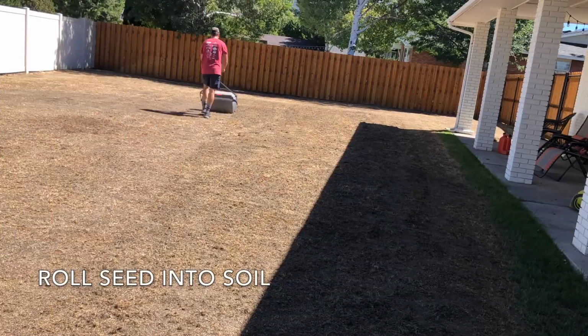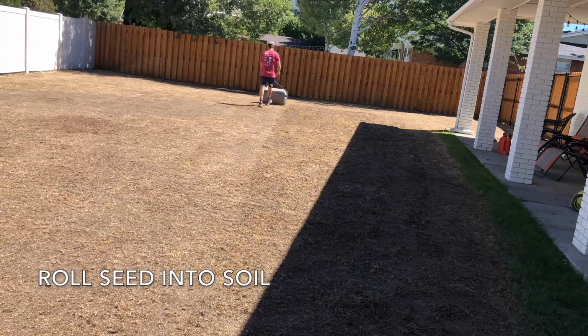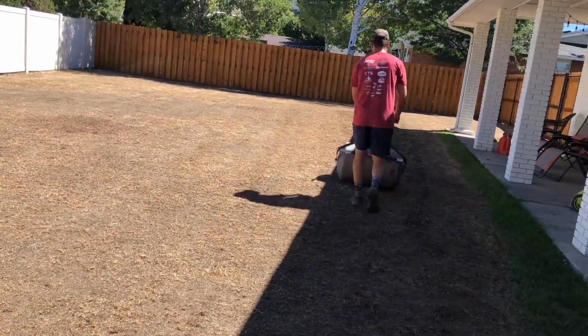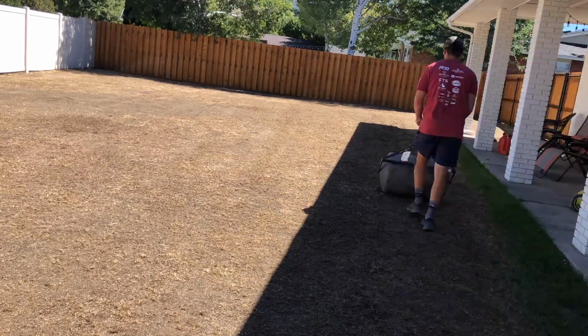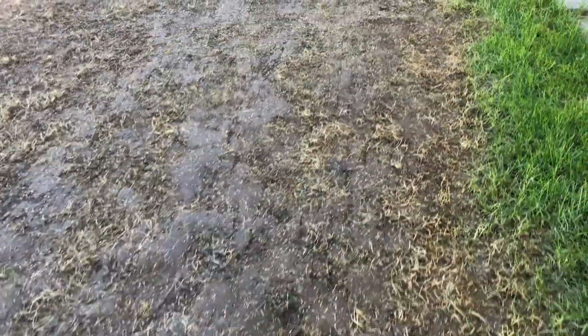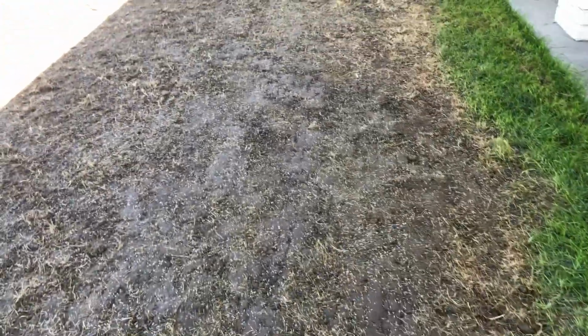Then this next step, I believe, can make a massive difference in the results you get, which is rolling the seed into the soil, making sure that the seed is really pressed down into the soil. So I rented this roller for like $20 from Home Depot, filled it with water to make it super heavy, and then just press all the seed in. You can see it really kind of flattens out those grooves and presses that seed down